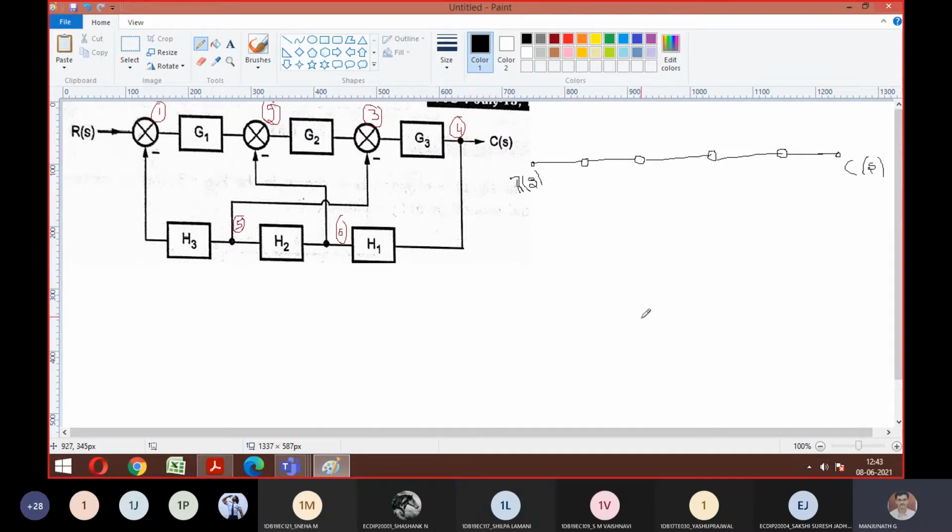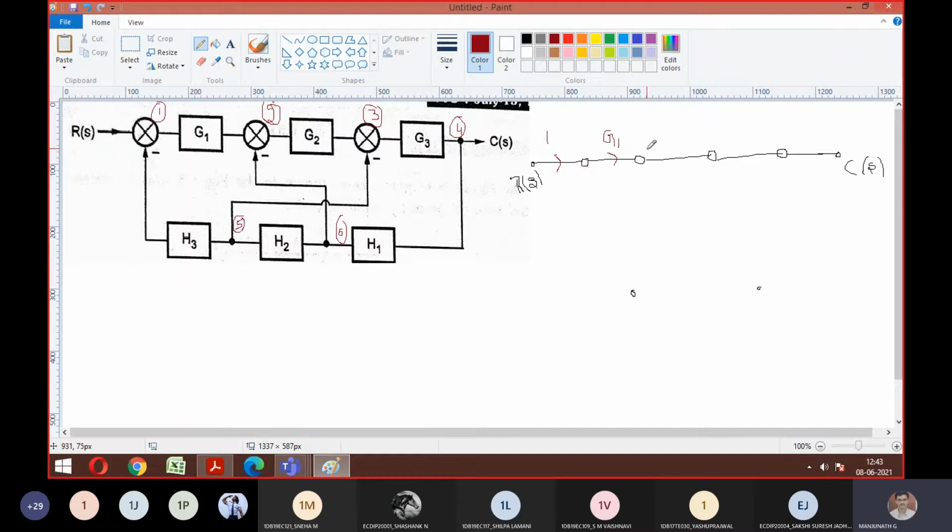Below this, there are 2 nodes you can see, 5 and 6. You can mark them by giving sufficient space, 5 and 6. Okay. So now we can make the connections and check what are the possible things we can name. If this is the input part, any of the feedback paths will be 1 only. And what is the junction between 1 and 2 summing point? So there is G1. Yes, good.